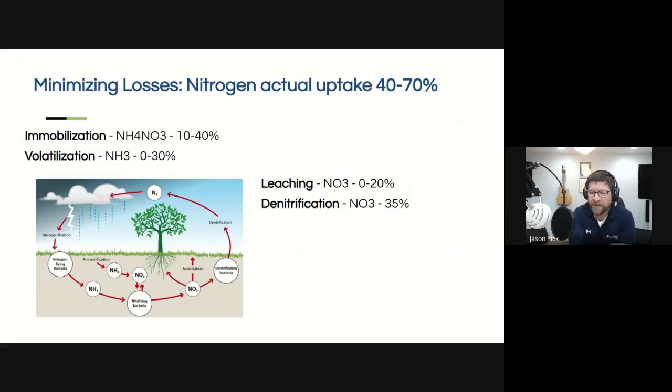Immobilization is where the microbes are synthesizing those applications of fertilizer and holding it in the soil, making it unavailable. Volatilization is the other way, where those same microbes assimilate it and expel it as exhaust. It comes right back into the atmosphere. And N2 is the nitrogen in the atmosphere, which we do get back in terms of, every time